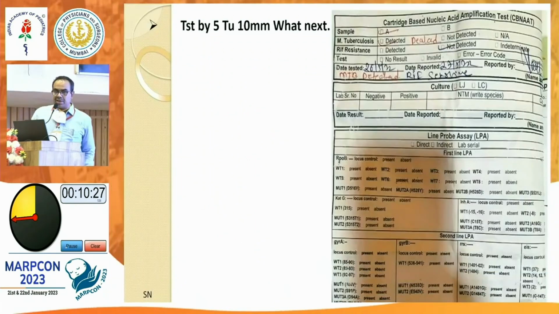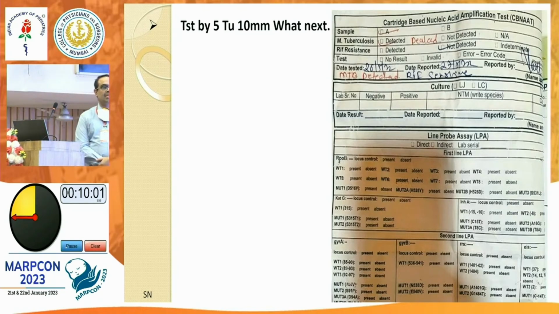Okay, Dr. Nagre, I did put a Mantoux on this child with 5 TU, whatever is available with me, and Mantoux is 10 millimeter for a 6-month-old child. And I did send gastric lavage fluid early morning, and strangely I got MTB detected, which is RIF sensitive. Your comment on that? Sir, as we are suspecting a patient of tuberculosis, because there are 3 cardinal features present: persistent non-remitting cough, fever more than 2 weeks, and weight loss.